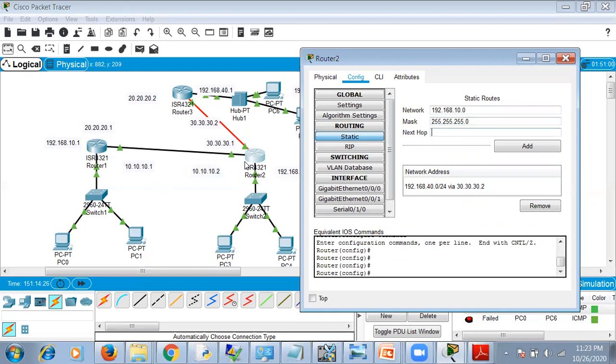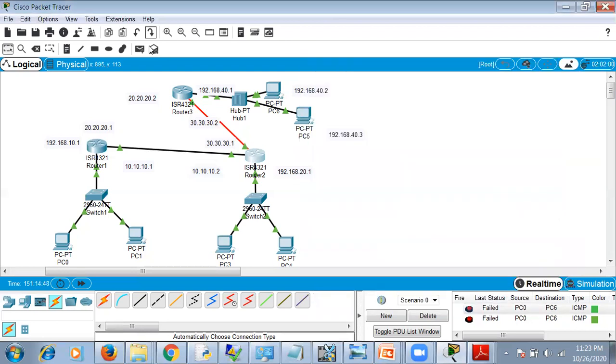The hop for this network is 10.10.10.1. So we have two paths. One to go to the 10 network, it is 10.10.10.1. And to go to 40 LAN, we have 30.30.30.2. Next we'll check whether this route is taken.